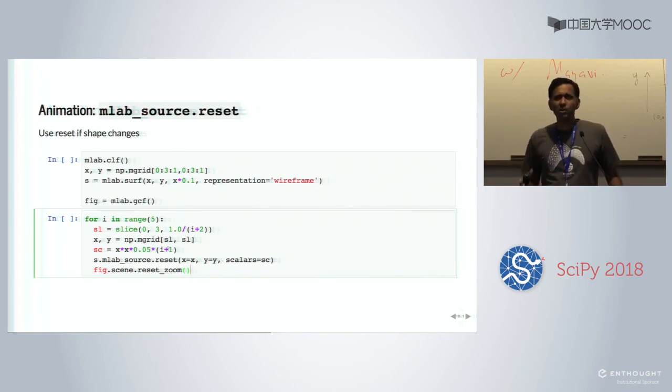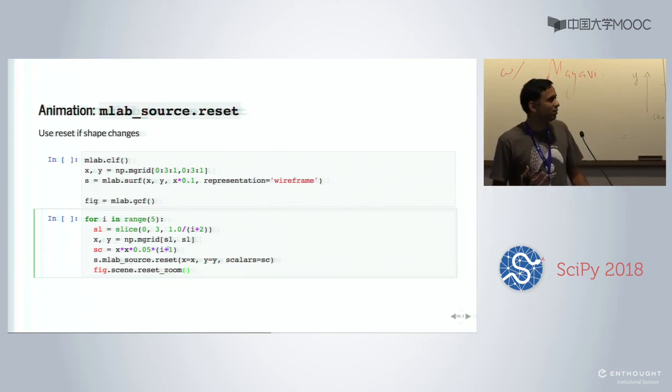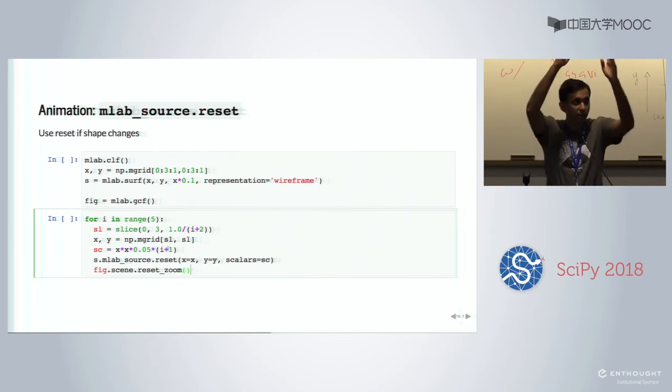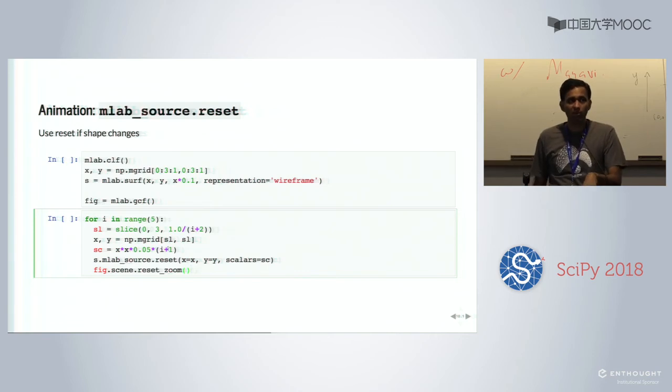So this may seem like, why are we doing all of this? Why is this additional? Supposing you didn't have this facility, what would happen is you would essentially have to do a clf every single time, reconstruct that data, and redo the whole thing. For these small examples that I've been showing you, that's okay. But if you have a massive data set, with hundreds and thousands of points or 10,000 points, you don't want to keep on doing that. If you just do a quick set or a reset, it's a much faster way so that the rest of the pipeline remains the same. Is that okay? So I'm not even going to execute these.